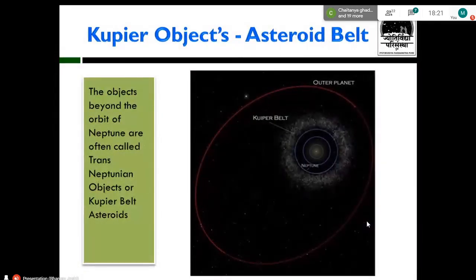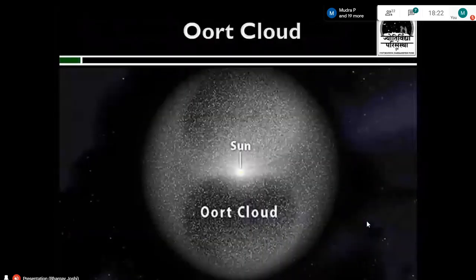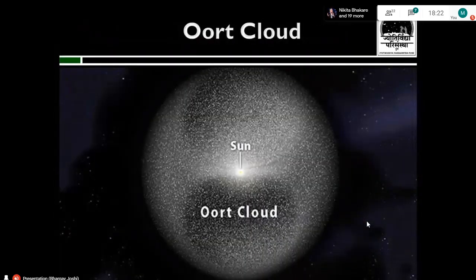Neptune is not where our solar system ends. There is something beyond Neptune, and that is the Kuiper belt. Now the question is, when we were trying to define your address, the first line was planet Earth. The next is our solar system. But even now, the solar system is not complete. There is something beyond this, and that is the Oort cloud. The Oort cloud is a cloud where the comets come from. It is the origin of most of the comets, and it encloses our solar system.